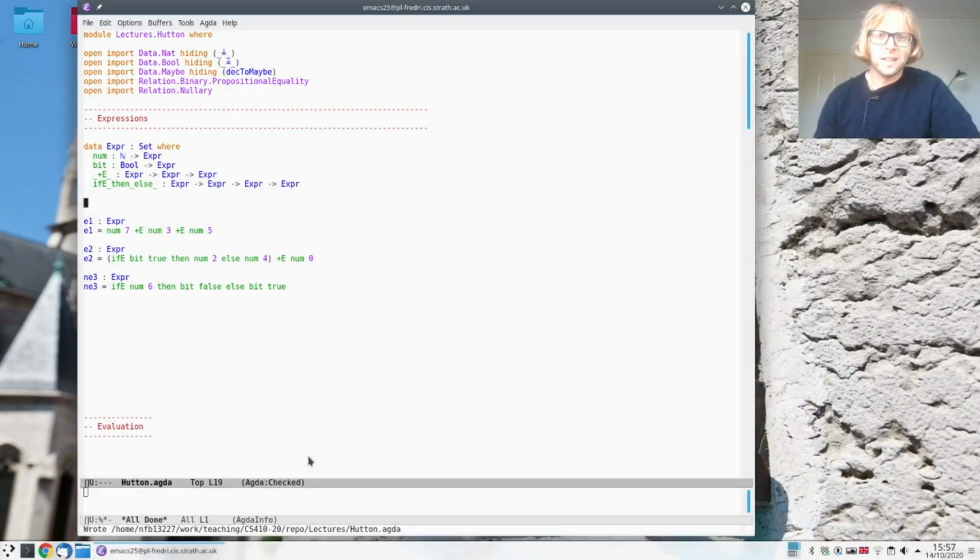Hello everybody! Today we are going to look at an example which is often called Hutton's razor after Graham Hutton and Ockham, who had a saying that you should always keep things as simple as possible. So let's get into it. This is an example of a small programming language, a very small programming language, hence